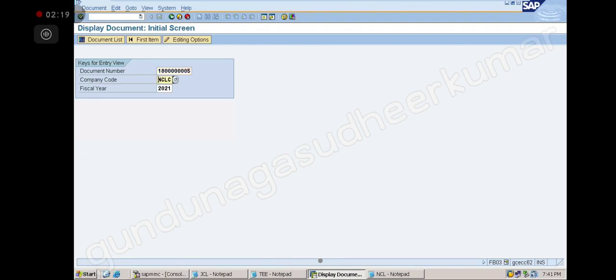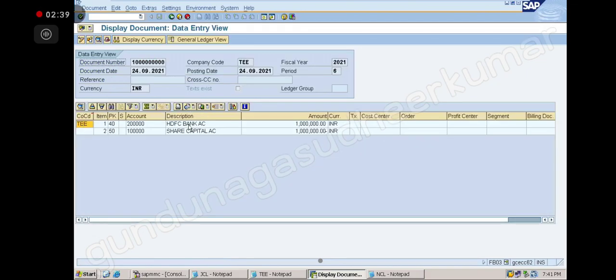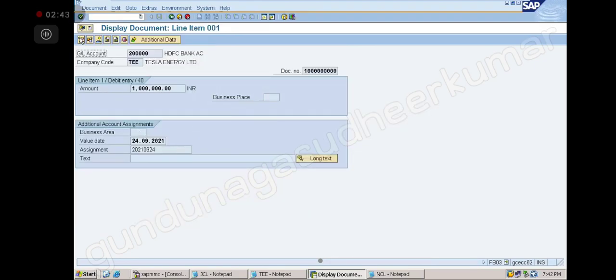What is our company code? E, right? And then what was the loan document number? 75, let us see. Okay, any number. So what you can do, you can open the document, click on this line item like this, and then if you click on change value date, you can change. Okay? Thank you, sir.